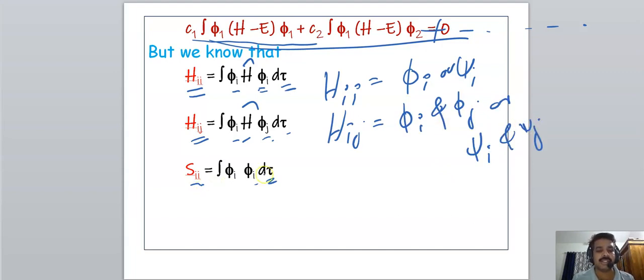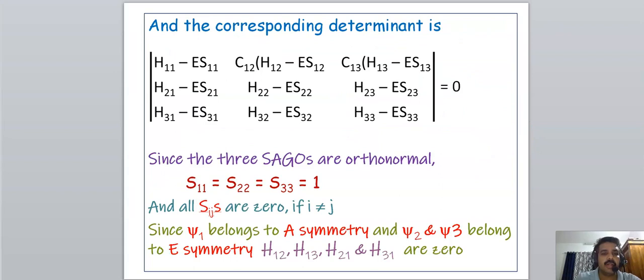S_II is equal to 1, and S_ij is equal to 0, because phi i and phi j are orthonormal. And this is the overlap integral; we have already discussed this one. Okay, clear. Then the corresponding determinant, this is the determinant form, we can write it like this one: